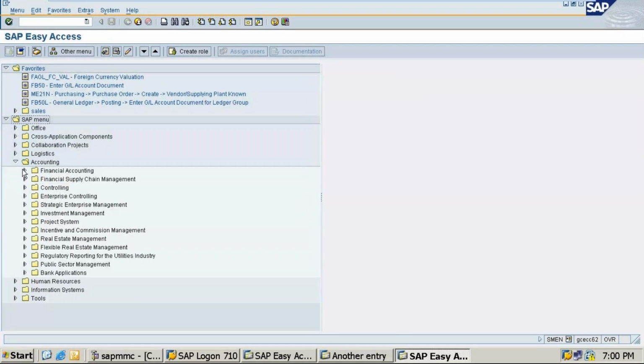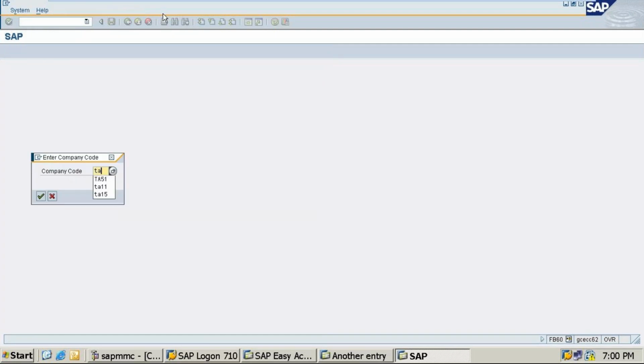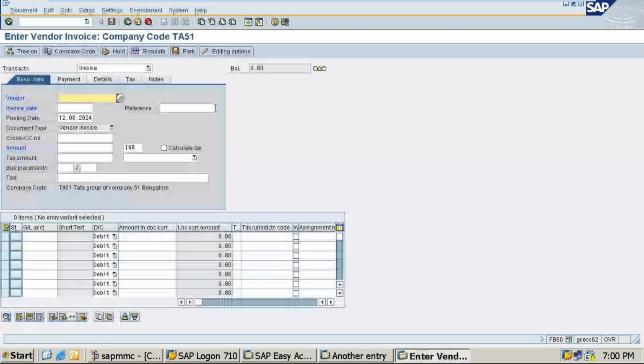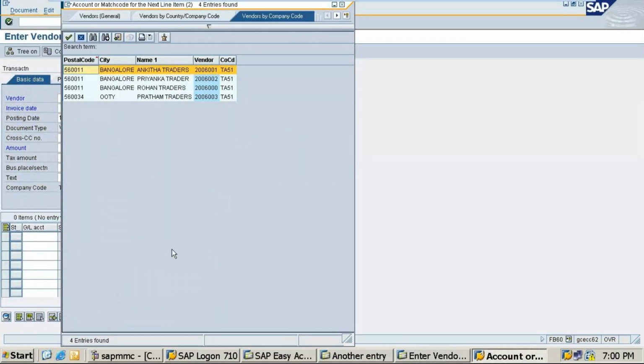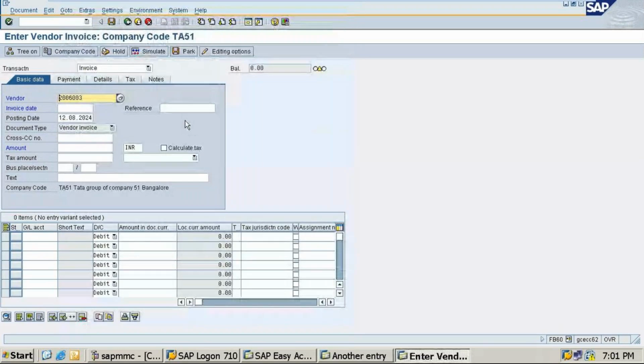So I'm going to check. Same way accounts receivable also you can do. You have to create one customer. Now I am going to do an interstate transaction. Slash n FB60, which I have created, one new party ledger, which is under Tamil Nadu, that I am going to take. So vendors, I have created one, Pratham Traders.